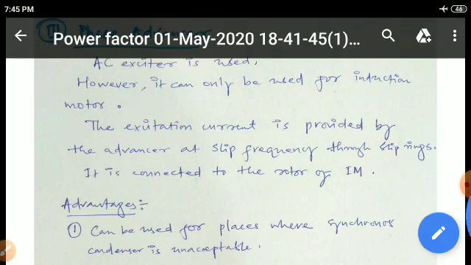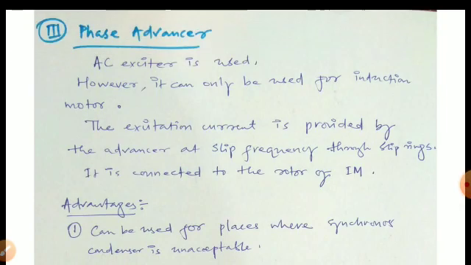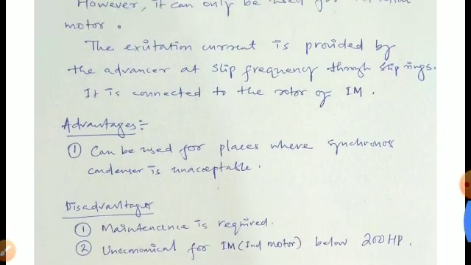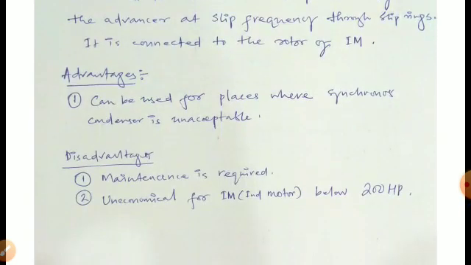The next and the last method of improving power factor is phase advancer. It is an AC exciter. It is connected to the rotor of the induction motor. The excitation current is provided by the advancer at slip frequency through slip ring, and it can only be used for induction motor. The advantages of phase advancer is it can be used for places where synchronous condenser is